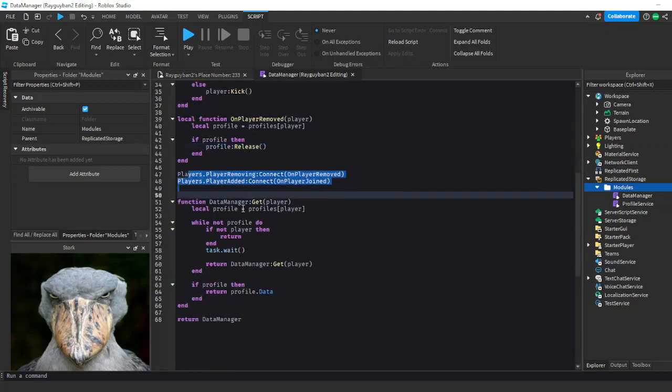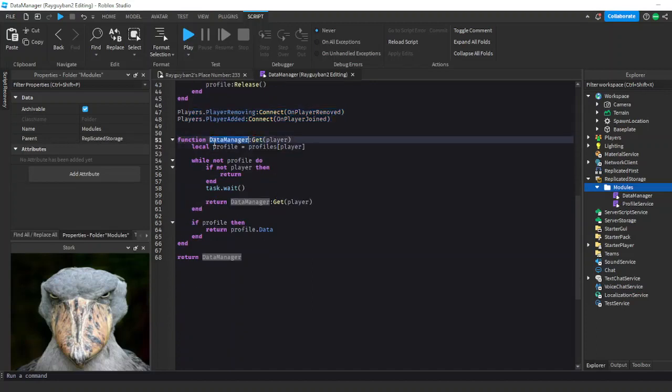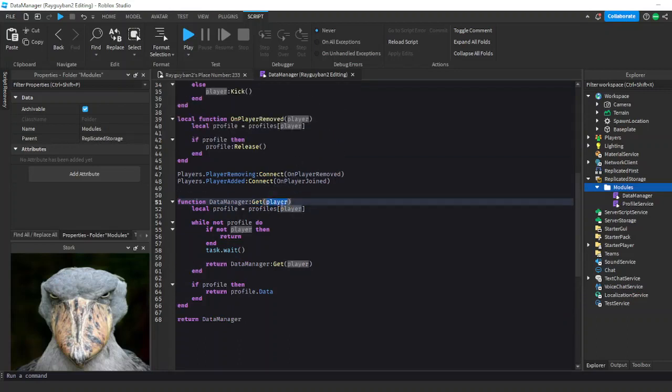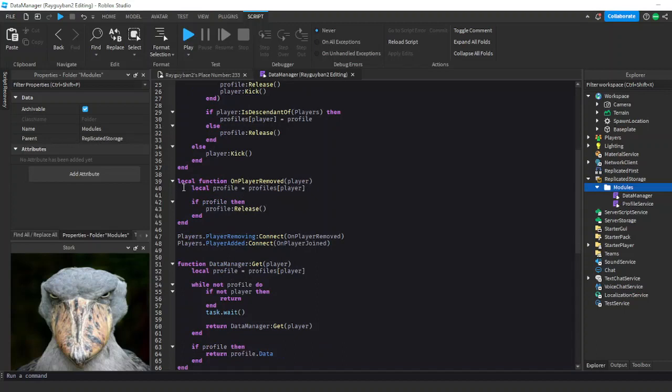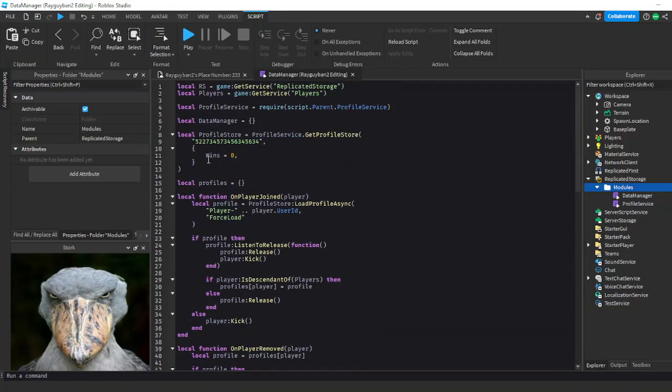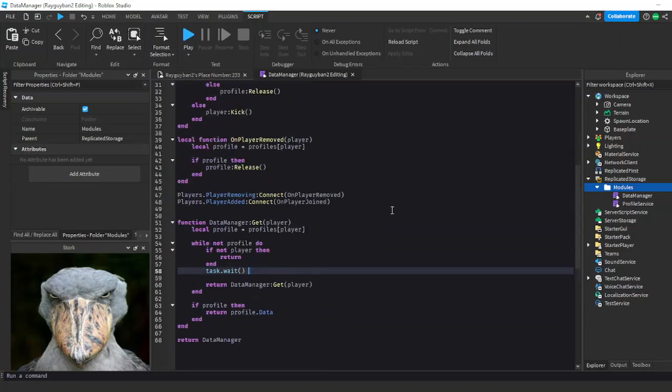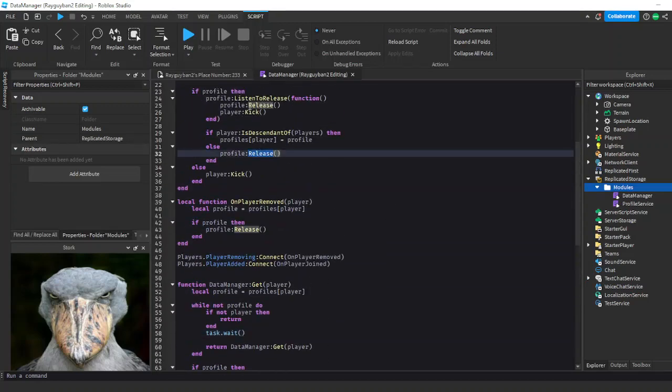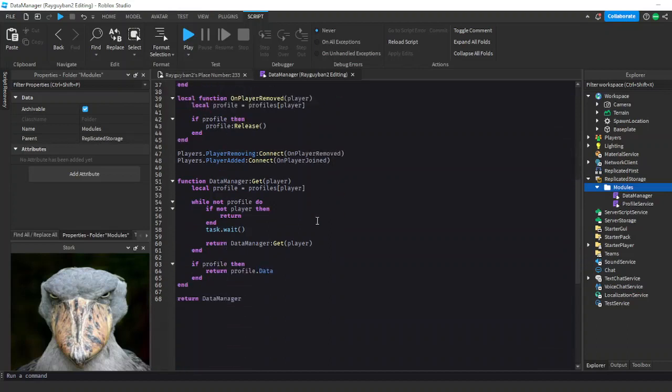So now that we have that, we connect them, easy peasy, and this data manager get. Basically, we have this parameter. This is when we actually use this data manager, require it, and want to use the data from the player. As we said before, this line is copied the same from here. It gets the profile of the player we want, and with this profile we get all the functionality this profile has, with the data that it has, which has the default from here, and it has functions which we can use to release it, or listen to it being released, stuff like that. Now,